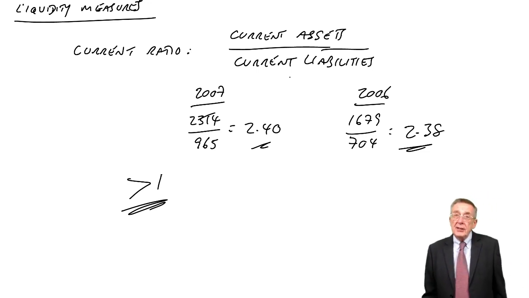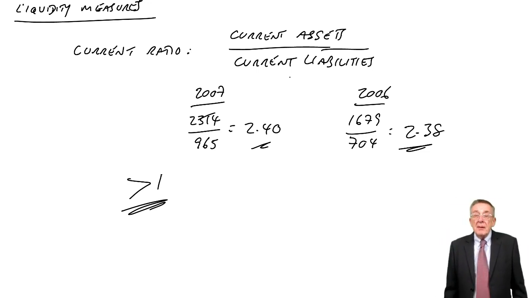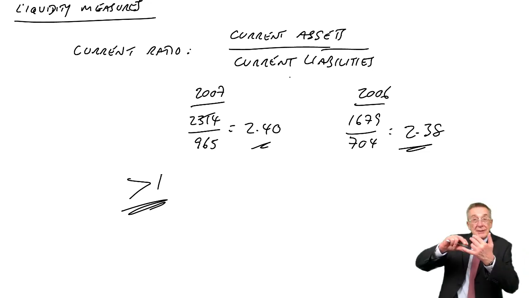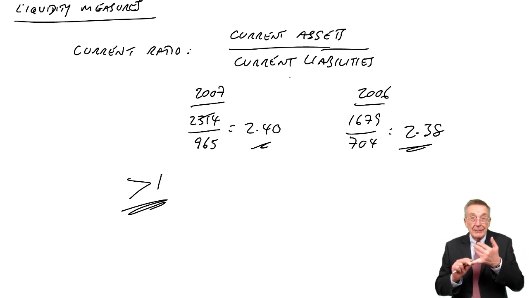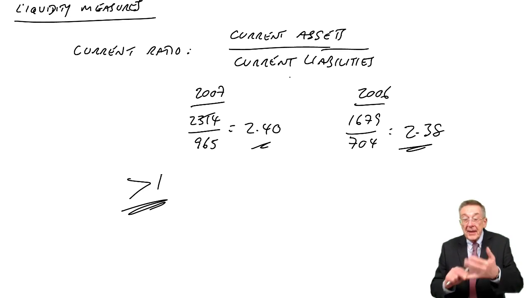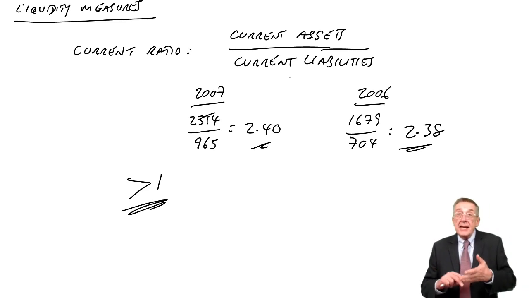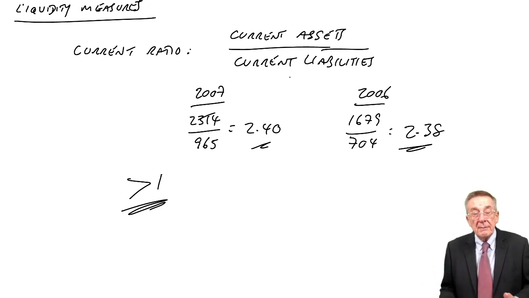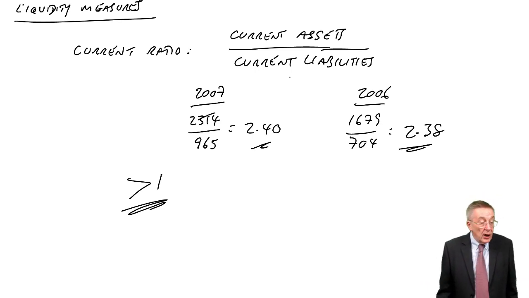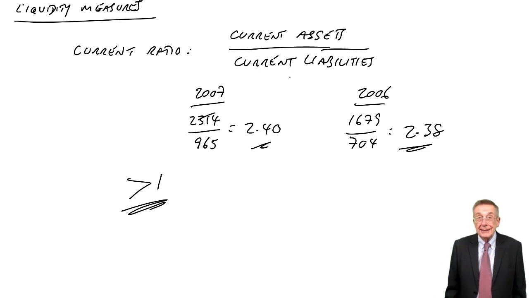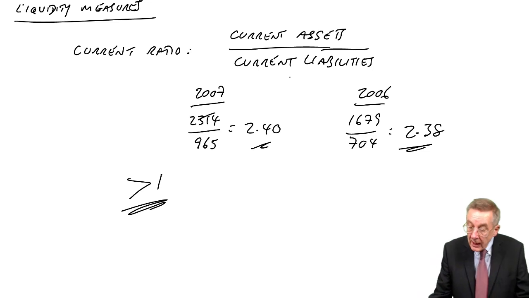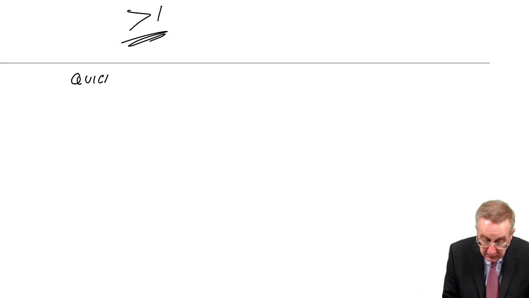The only thing is, though, inventory. Before we can get the cash, we're first of all going to have to sell the inventory, which may take a while. And then, assuming we sell it on credit, it will then take a while before we actually receive the cash. So it's likely to take a lot longer to get that cash in, and yet we've still got to pay these liabilities. And so the next ratio, the quick ratio,